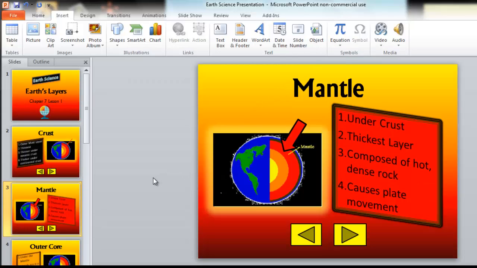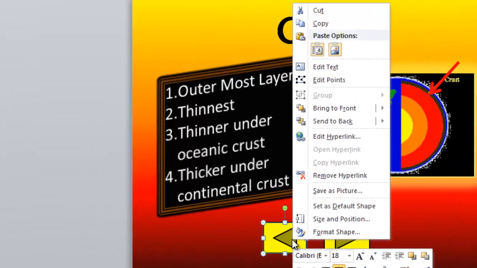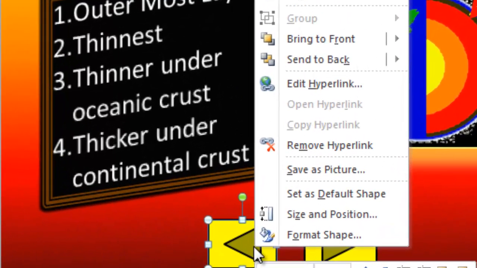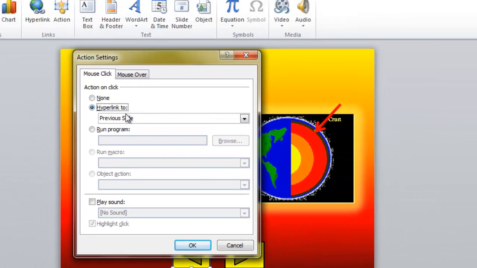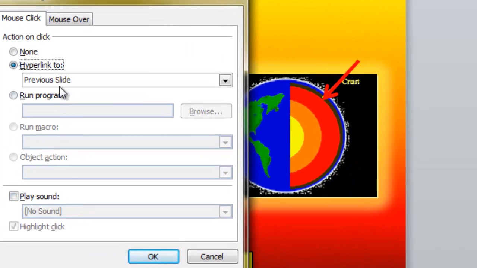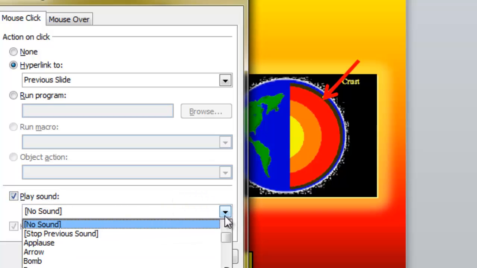One other thing that I want to show you is that you can add sound to these action buttons. So I'm going to go back to crust, click on it, and I'm going to click on this button, and let's see, I'm going to edit hyperlink, and it brings up this same window that we saw before. And if I click in play sound and then click on this arrow,